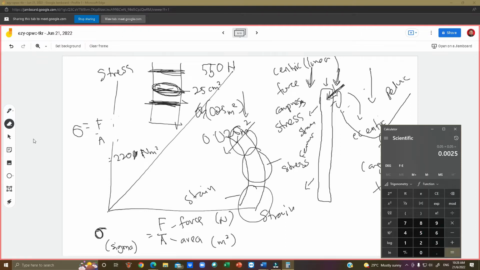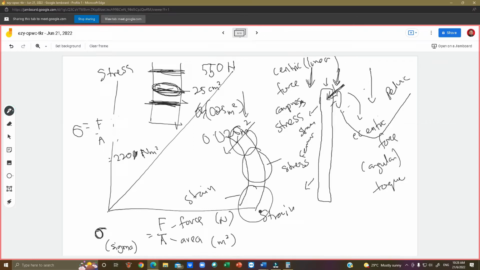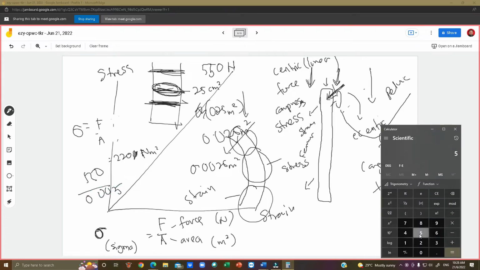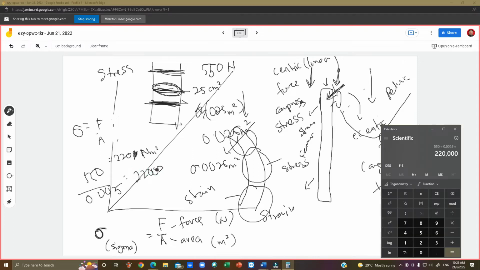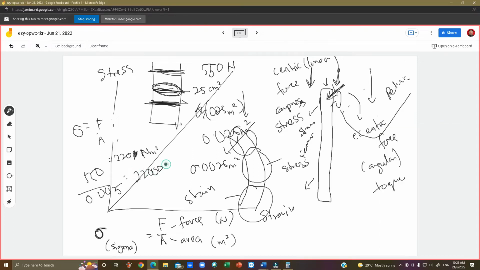So 25 centimeter square is 0.0025 meter square. Okay, so we have 550 over 0.0025. We have 220. So the answer is 220,000 Newton per meter square